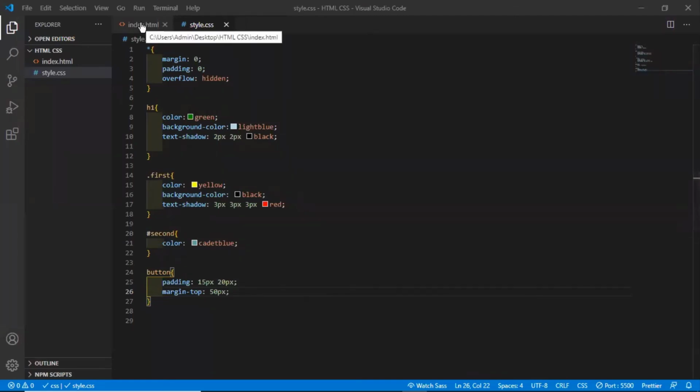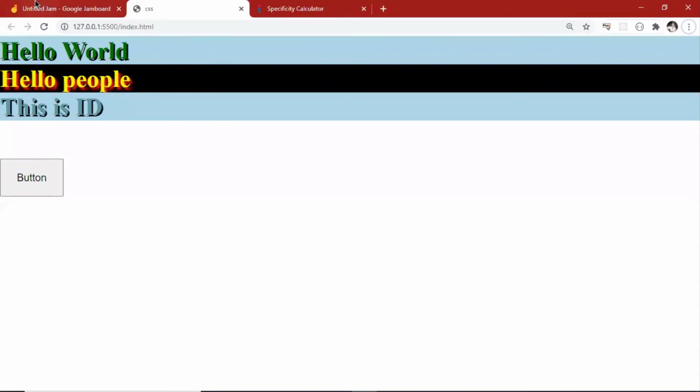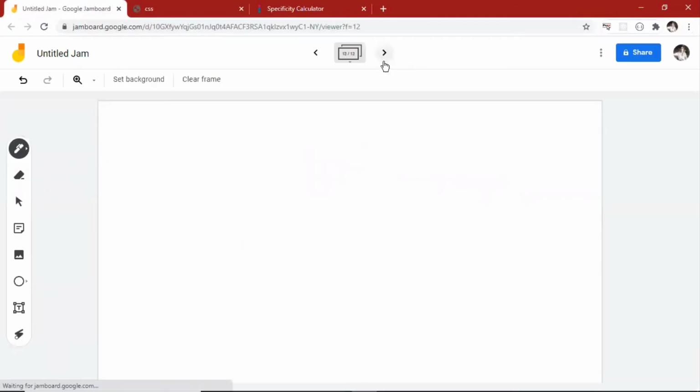So flex is a very strong thing. There are a few things which you must work out with CSS: first is float, then is flex, and there is grid.